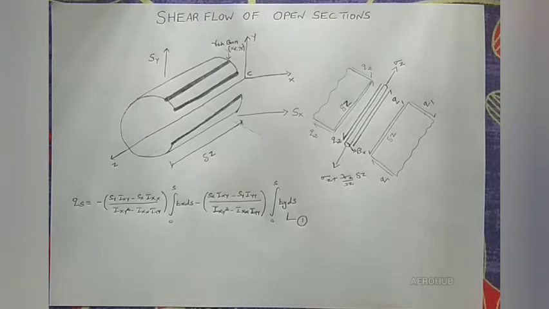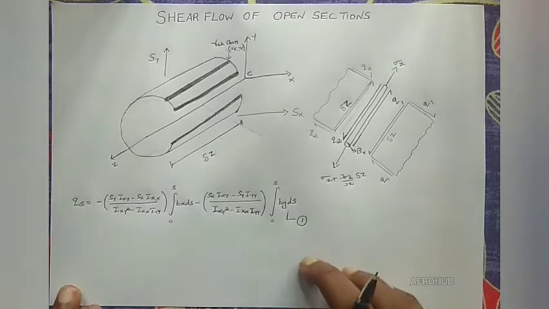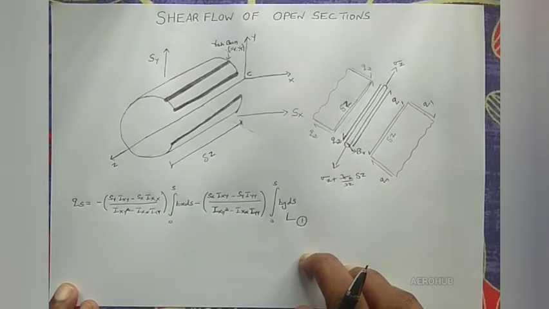In the last lecture we discussed how to estimate the shear flow distribution for an idealized C-section, and in today's lecture we will see one more method to calculate the shear flow distribution for a thin walled idealized section. We will discuss how to estimate the shear flow for an open section.